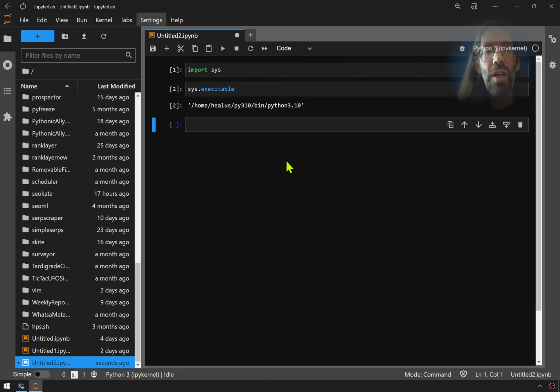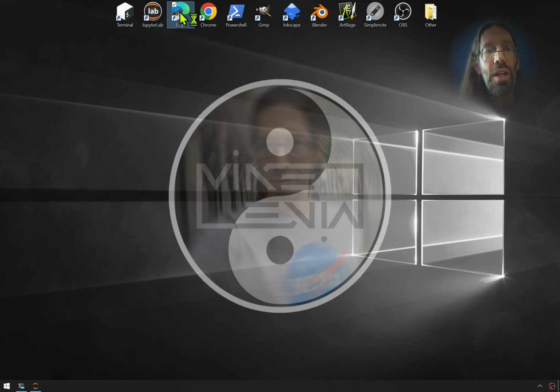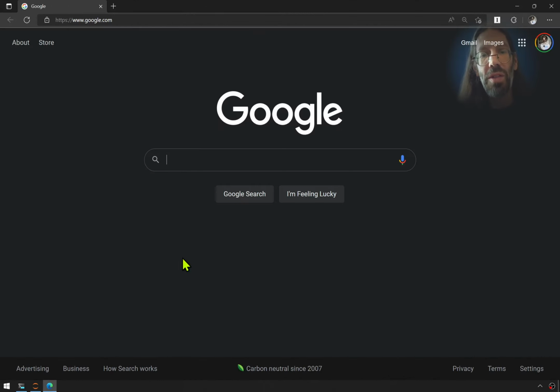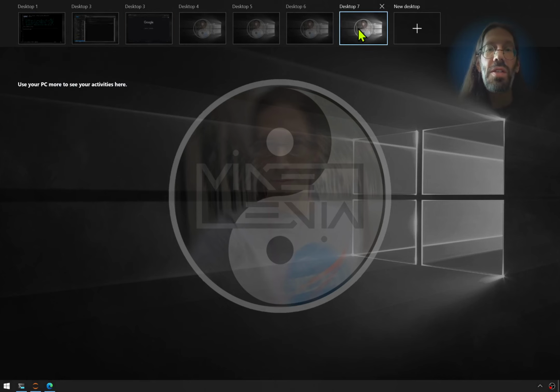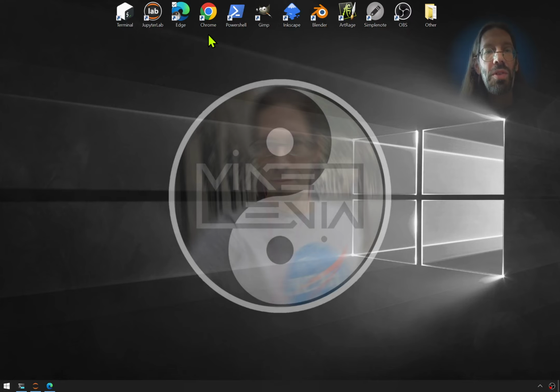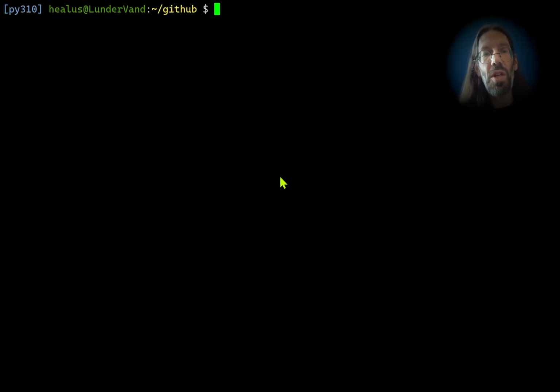screen 1 going. Now on screen 3, I always bring up the web browser, so it's, you gotta have the web browser there. And this is my default setup, screen 1, 2, and 3. Command line interface, Jupyter, and browser. And then these are used for other things, but I will use screen 4 to launch another instance of the terminal to show you